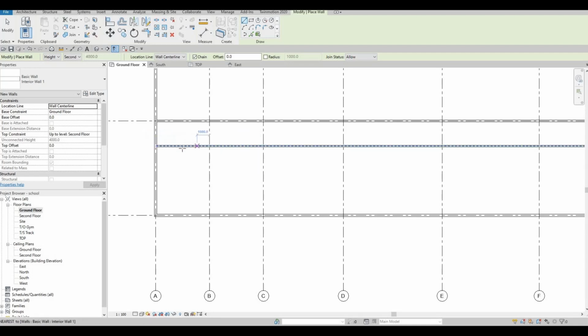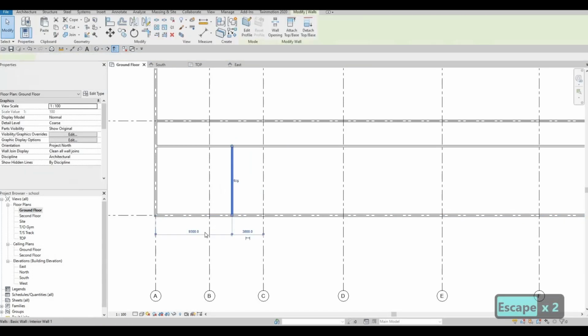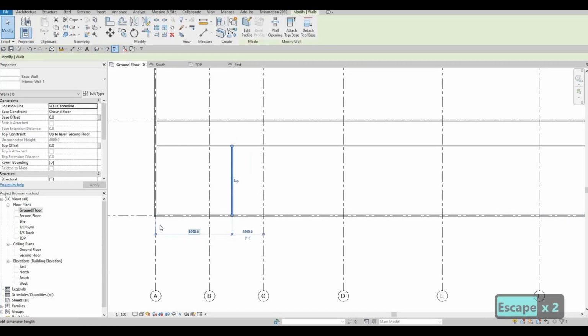So make sure you have the temporary. So even if you add this one, you can see that we have the temporary dimension, and from there we could change this to 9500,